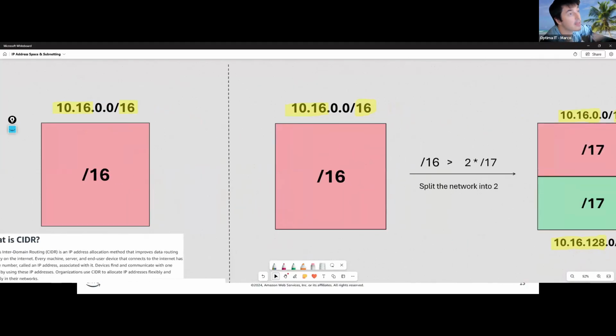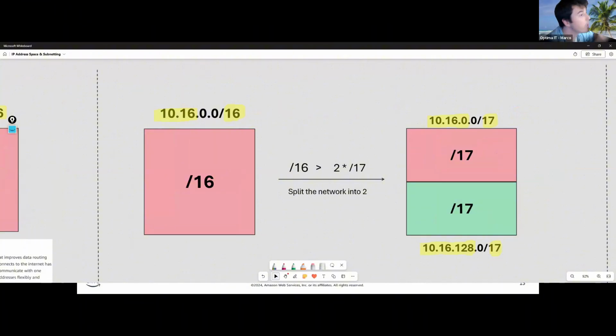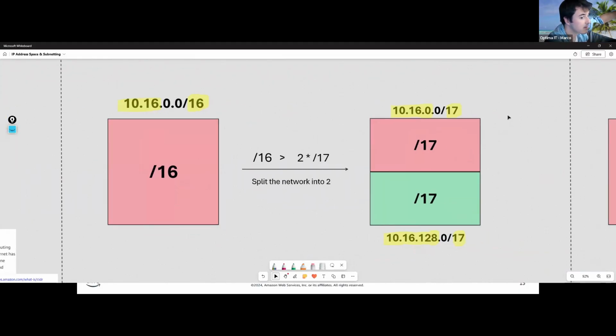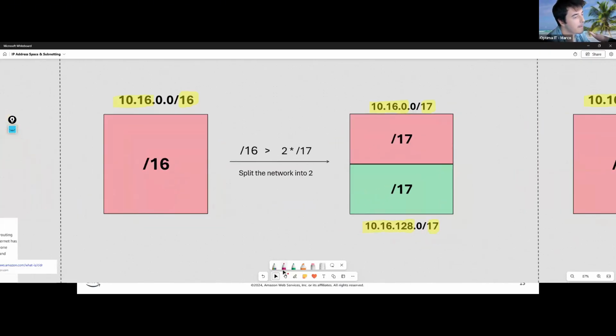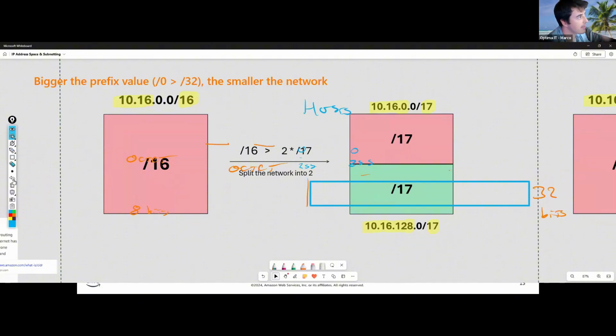Well, what we now need to do is subnet this network. We break it down, and all we want to do is break this network into 2, just chop it down the middle. So a single /16 is the same as saying we take 2 /17 networks, where the first network starts at the starting point, so this top left corner of the original network here, and it now ends halfway. So visually, it's like saying